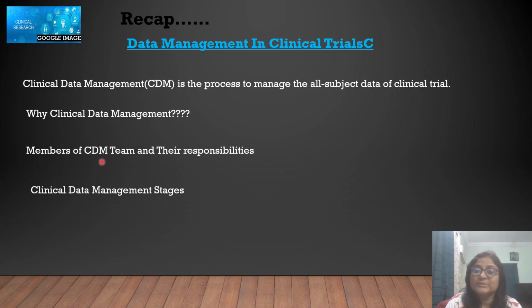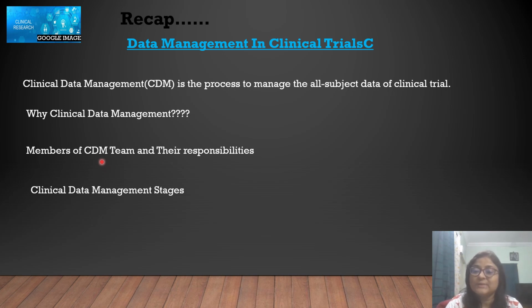So clinical data management is basically the process to manage all the subject data of clinical trials. As you all know, in any clinical trial or clinical research, there is a requirement of research participants that will act as the subjects for that particular research.